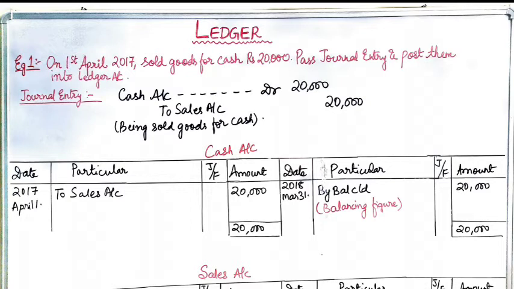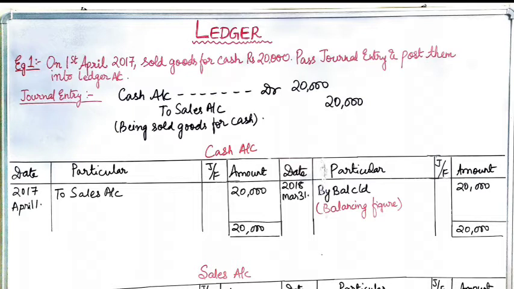So when I talk about ledger account, soon after a transaction is entered into the primary books of account, that is the journal, it is further posted in the ledger account, and we need to prepare a specific account for every individual item posted in the journal entry. So let us solve it by the medium of one question.